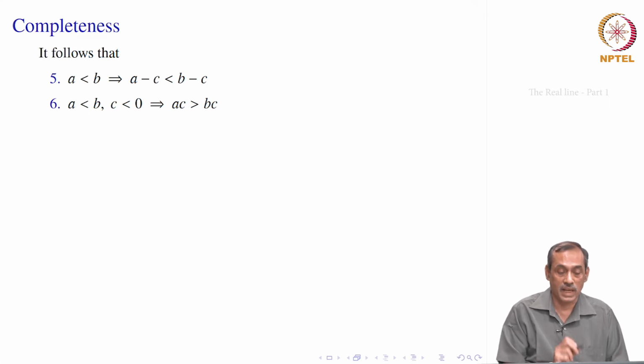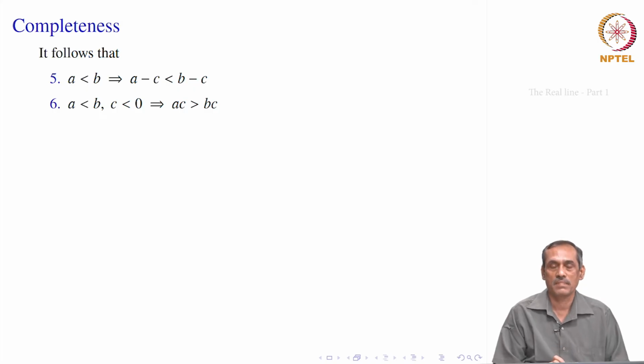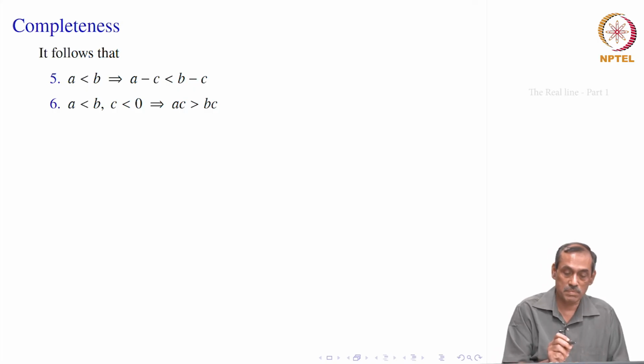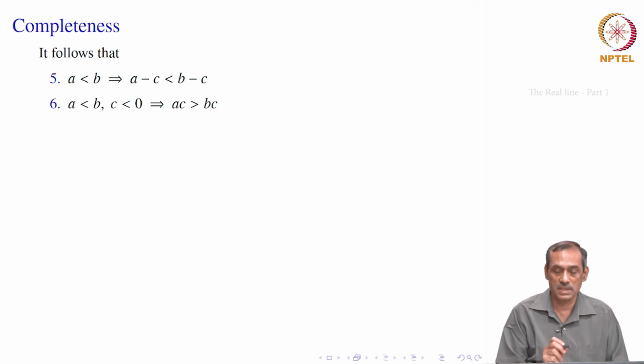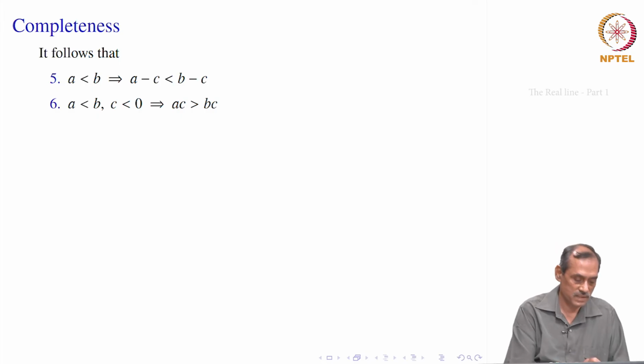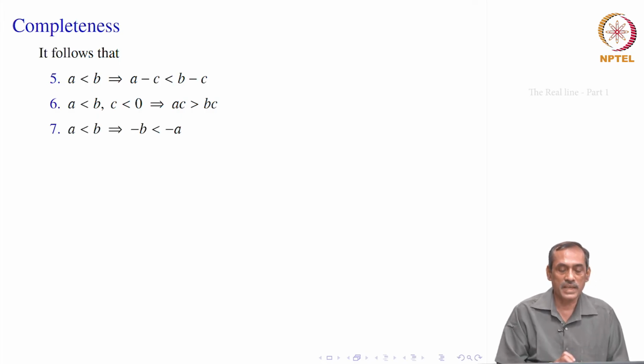Similarly, this is what I was talking about earlier, that if A is less than B and C is less than 0, that is C is negative, then the inequality is altered. It is no more AC is less than BC, but it is AC is greater than BC. And if C is positive, remember that AC will be less than BC. If it is negative, then it will change the inequality. Now, if A is less than B, then minus B will be less than minus A. This is how you can now think how the other property is related. The sixth one, due to the earlier, that C is positive, we will get AC less than BC, and negative you get this. This is now reflected here.